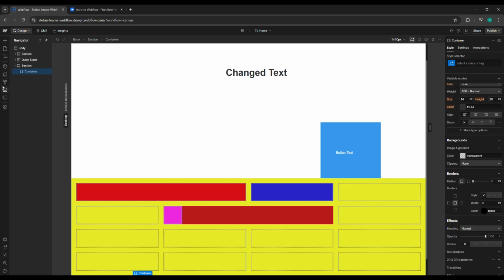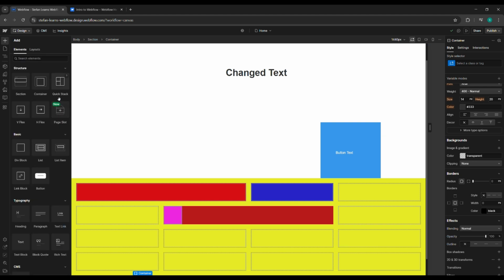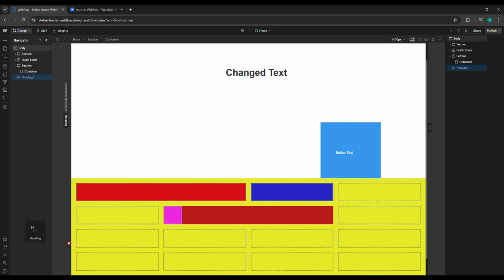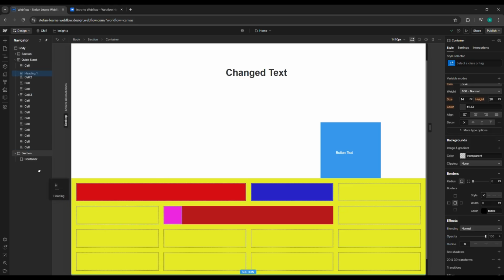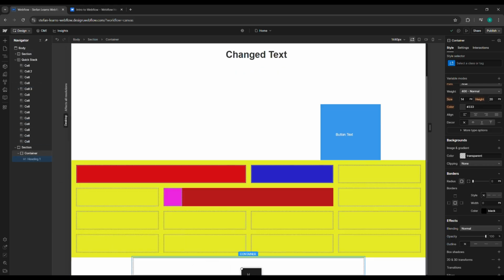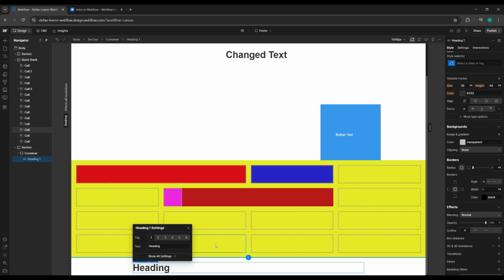And let's put another heading there. It's with A, the elements, heading. We wanted it in this container. We can put it here on the structure, or you can just drop it here. Yeah, I guess it's the same,